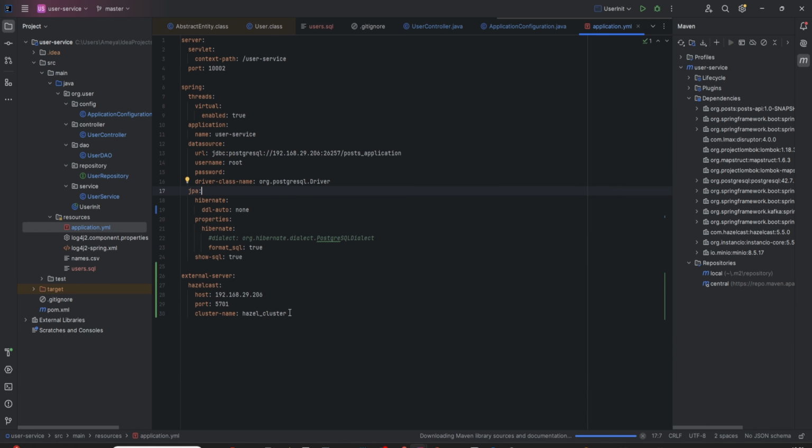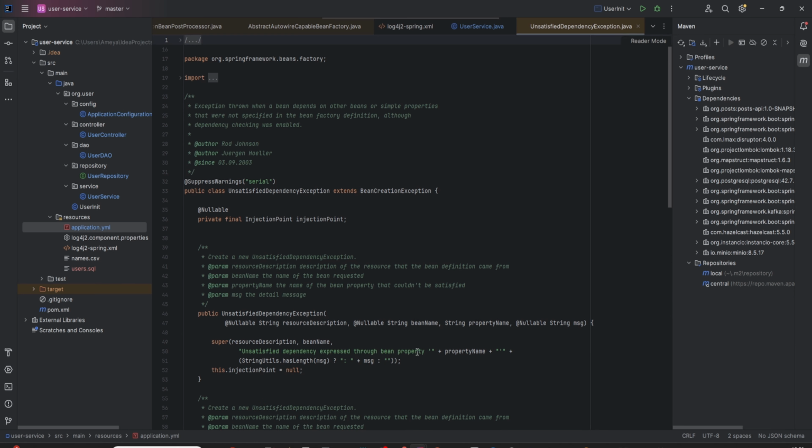Before that, let's try to at least add the MinIO related properties. And this will be the server location, port, the username, and the password. So I'll be putting this under the external server. So this will be MinIO endpoint, which would be